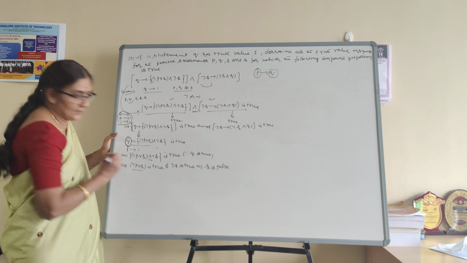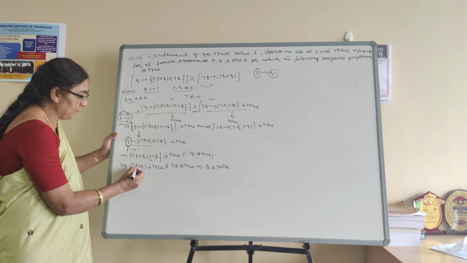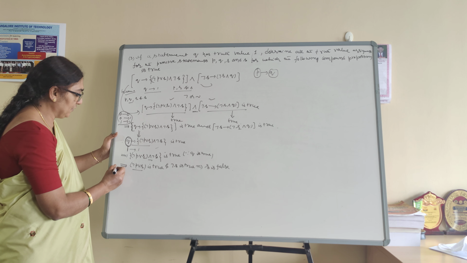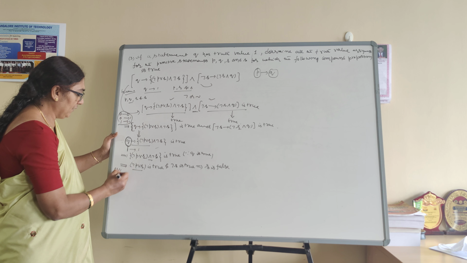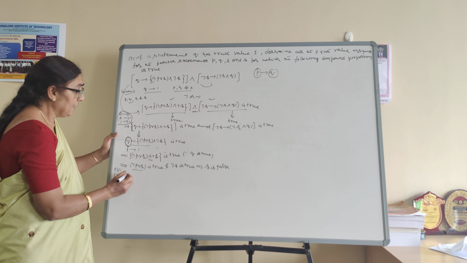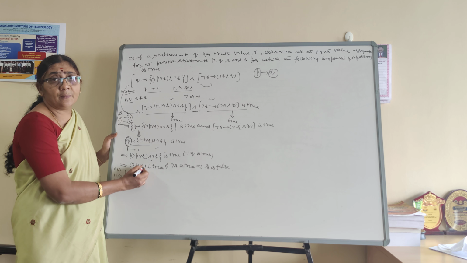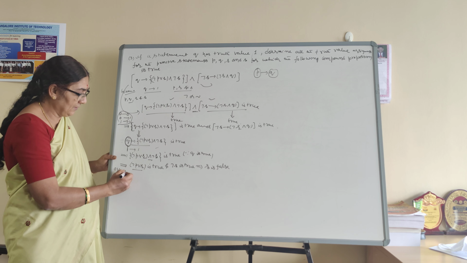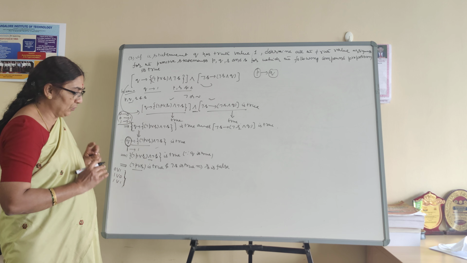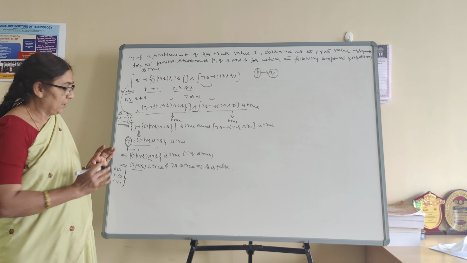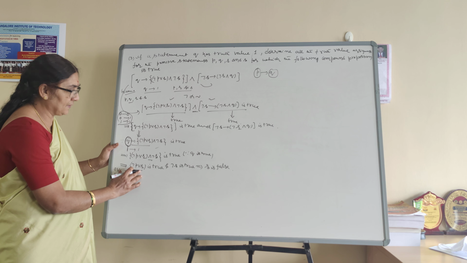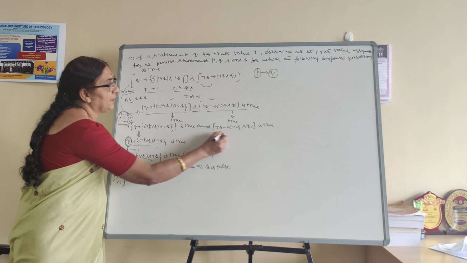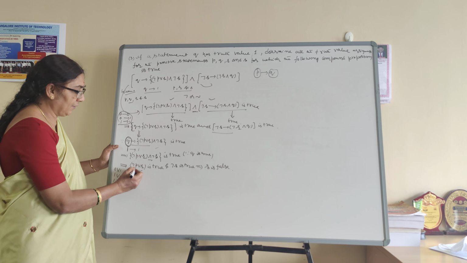Now you don't take this. Why? Because this is true, and a disjunction is true means 0 1, 1 0, or 1 1. How many possibilities do we get? 3 possibilities for negation of P and R. No use, don't take this, because when a disjunction is true there are 3 possibilities. Both are true, or at least one is true. No, don't take this. I am moving to the next part. Which part? This part. Are you clear why I am leaving this?